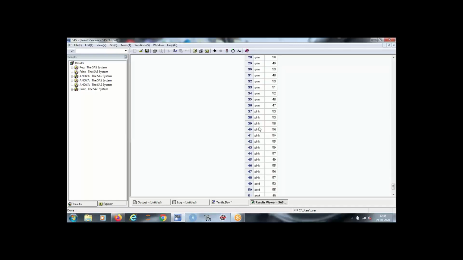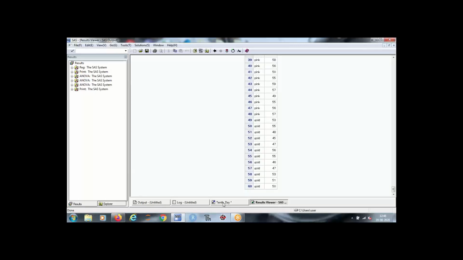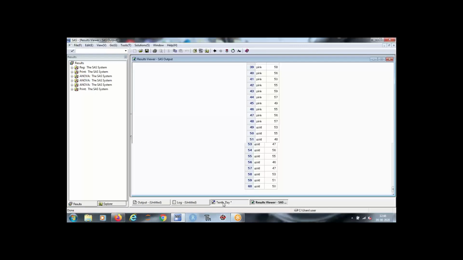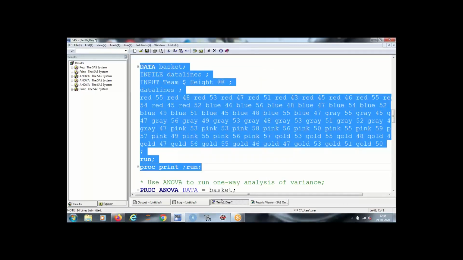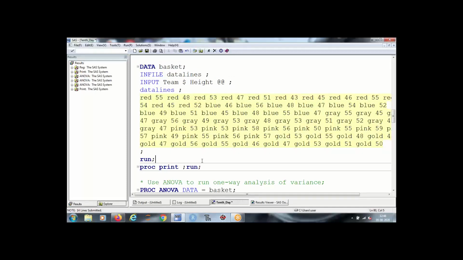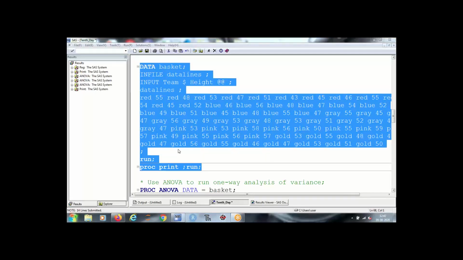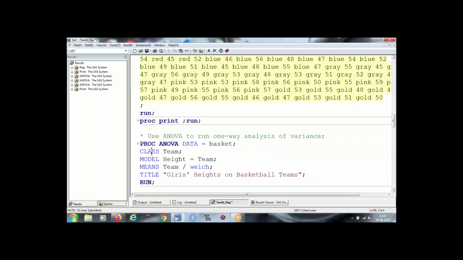Let me share this data with you. Your classification variable, or your grouping variable, is team, and the model is height equals team. And what you are comparing is means of team, and you are using a Welch test. Previously we used SCP, now we are using the Welch test.